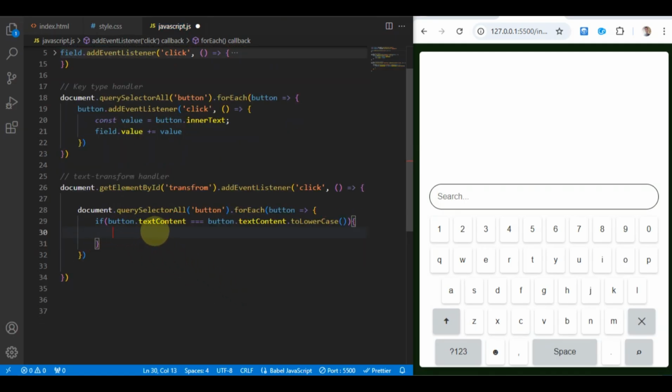This means if the button content is already in lowercase, then if anyone clicks or presses this arrow sign, all the buttons and all the keys' text content will change from lower to uppercase. For that, again copy this here and paste, and then just copy it, but here we should take toUpperCase. And now let's check it. Yes, this is working,